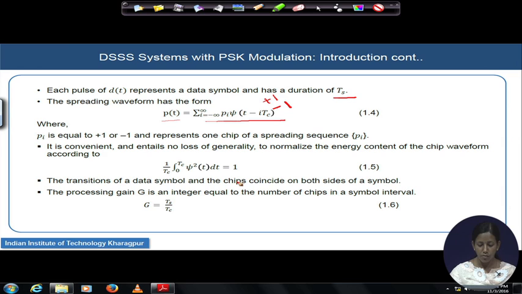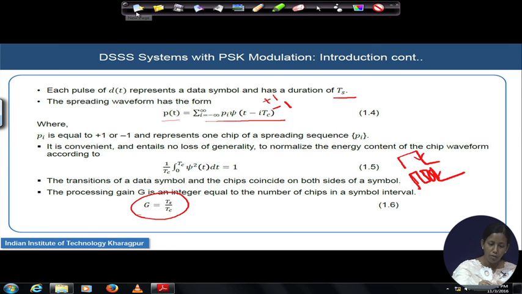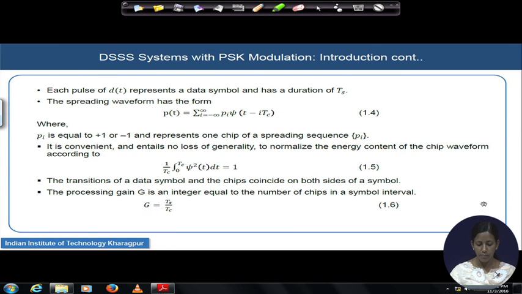And the transitions of the symbols and the transitions of the chips coincide exactly in the same timing, which means they are in sync for our discussion. The processing gain for spread spectrum communication is Ts by Tc. So, with all that consideration,